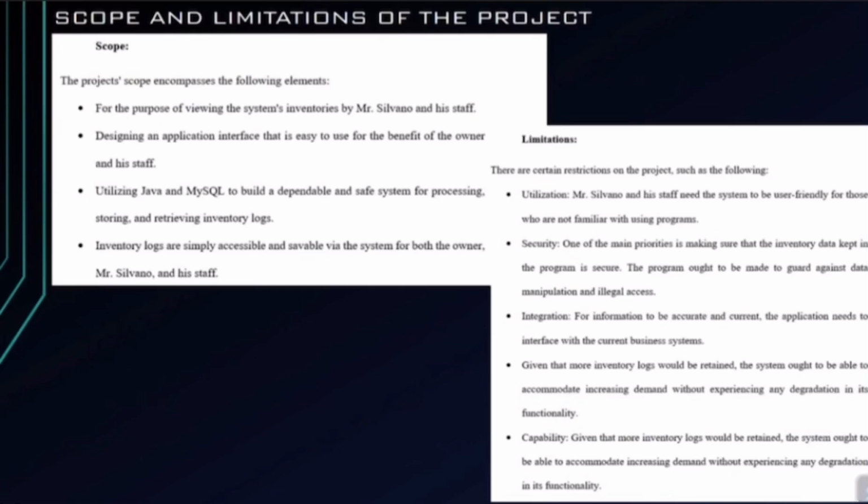to be made to guard against data manipulation and illegal access. Integration for information to be accurate and given that more inventory logs will be retained, the system ought to be able to